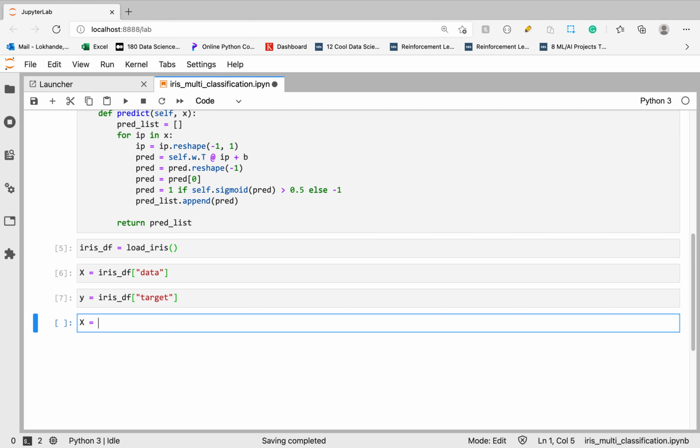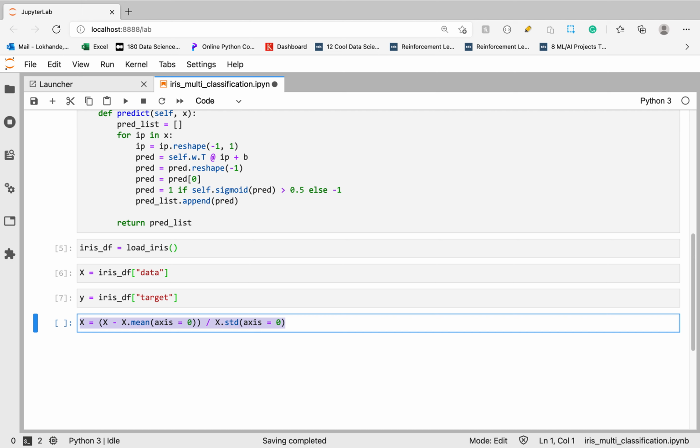So let's standardize it. So here x minus mean, x axis 0, divided by the standard deviation. Basically this step is just the standardization step.